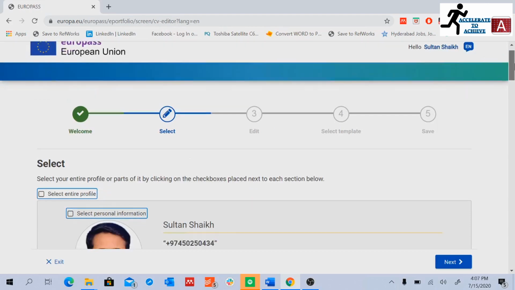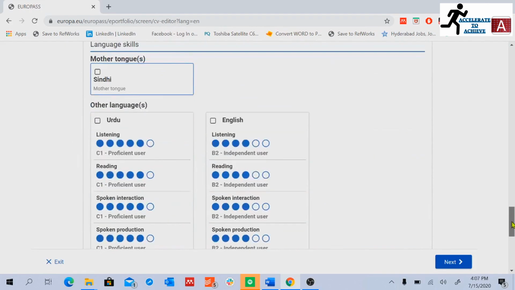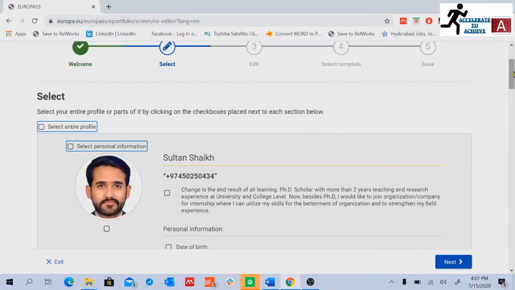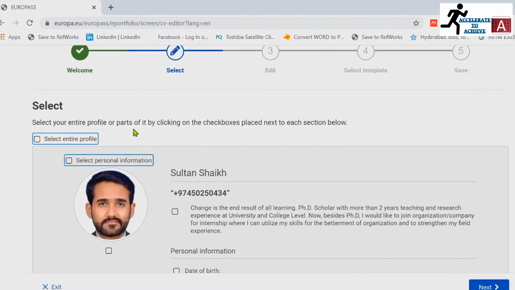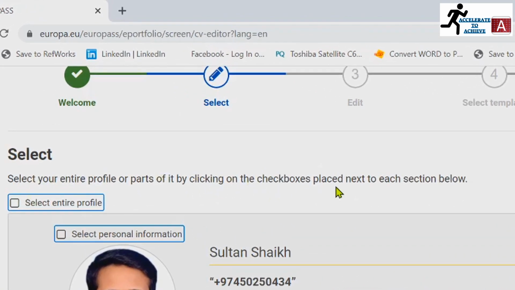Once you click on this, your whole profile will appear over here. Now you can add or exclude any part from your CV. Here is the option: select your entire profile or parts of it by clicking on the check boxes placed next to each section below.